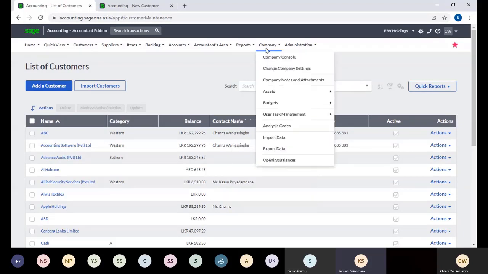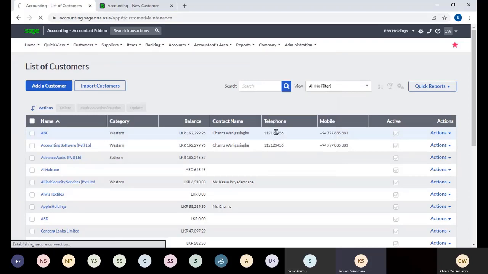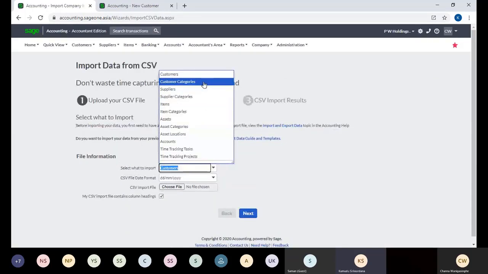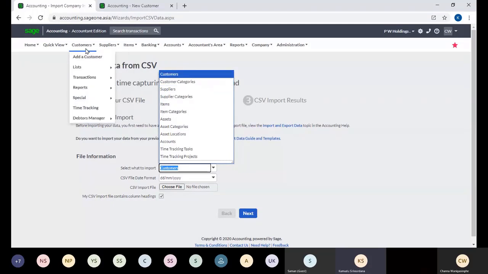Okay, like that, you can upload your sales reps and customer categories. Now, when you are implementing your company settings, and if you are uploading your master file, first you need to upload these customer categories and sales reps first, or else you need to create that customer sales rep first, because